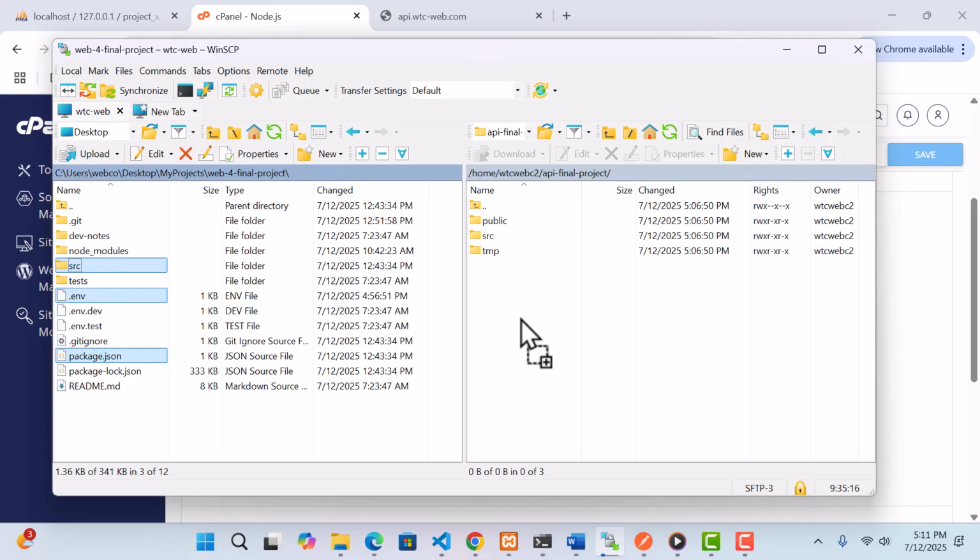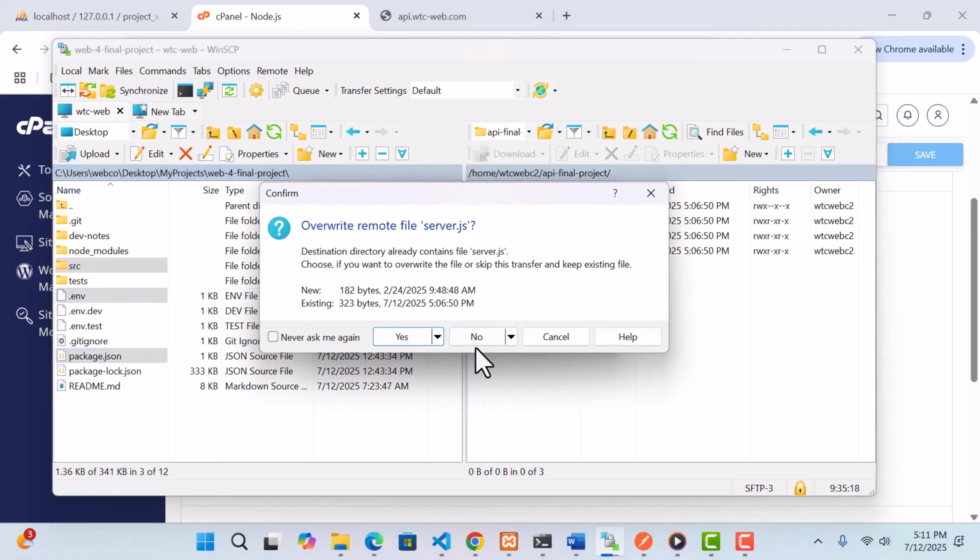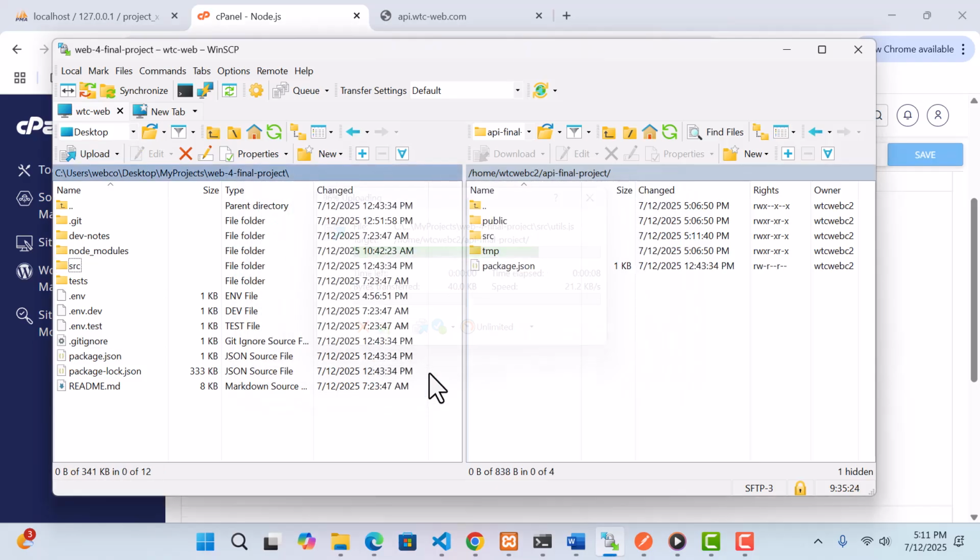server. I'm just going to drag and drop them over here. And then it's asking me if I want to replace the one that's already there. I'll go ahead and say yes to all of them here. So this WinSCP is a lot like FileZilla. It looks real similar. Okay, so now our files are up on the server, and I'll show you how to